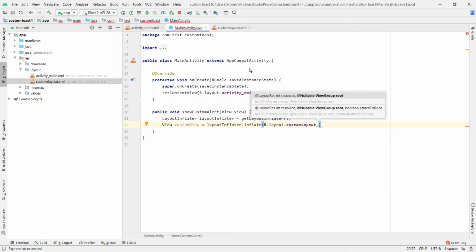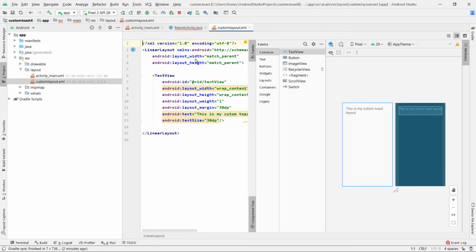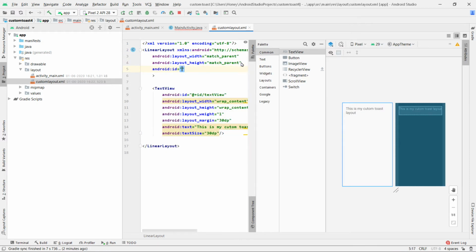And the next is view group root. The required parameter is view group root. We will have to provide the root component ID of the resource XML file. So this is our custom layout.xml. We will provide an ID for the linear layout, that is the root component of this XML file. So we will assign an ID for this.